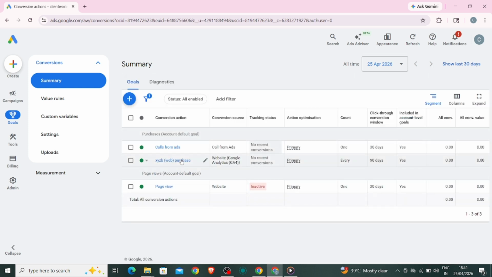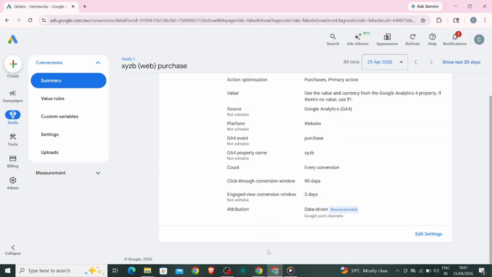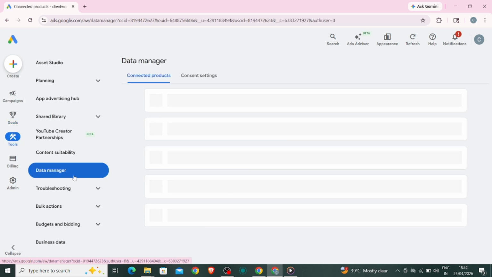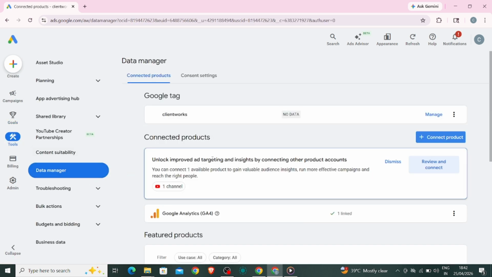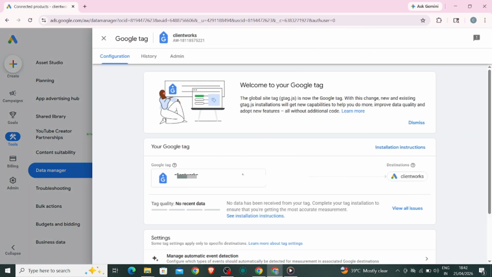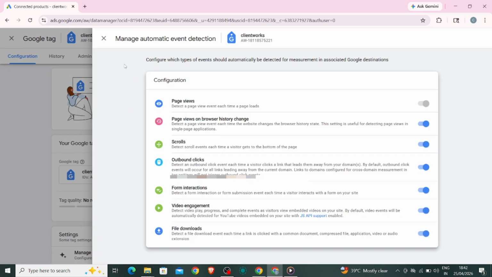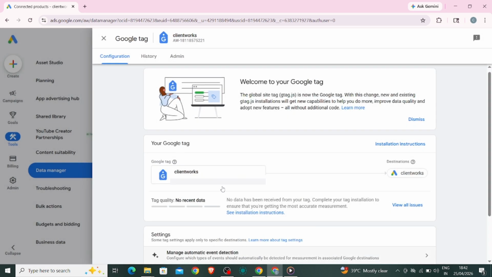Now click on the conversion action you just created or want to use. Inside, look for an option that says Tag Setup or Install the Tag. Click on it and then choose Install the Tag yourself. This will show you a piece of code called the Global Site Tag. Inside this code, you will find your conversion ID. It usually appears in a format like AW-XXXXXXXXXX. This number is your unique conversion ID, and you will use it when connecting tools like Google Tag Manager